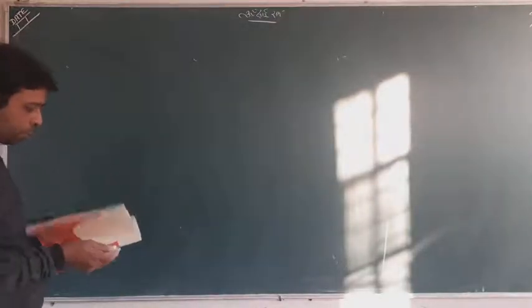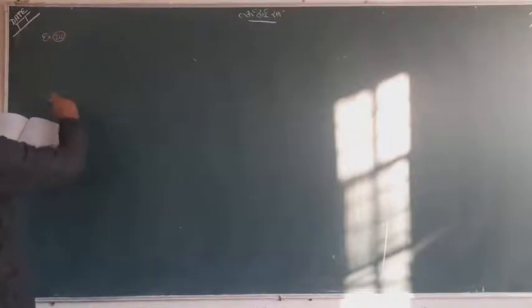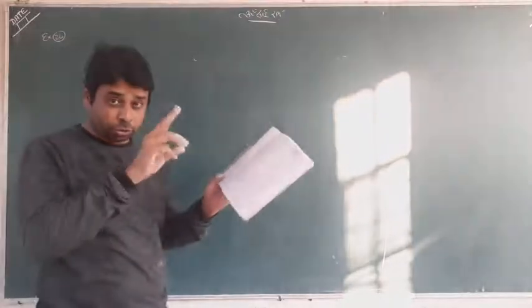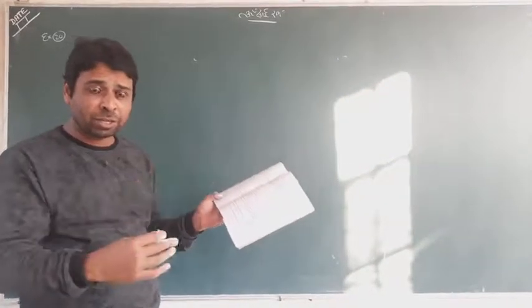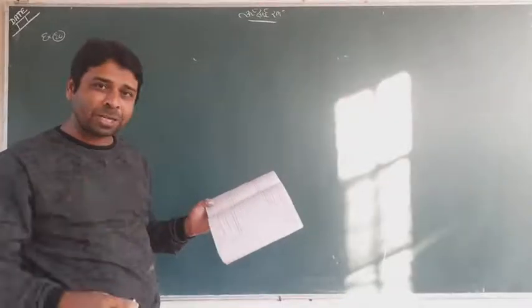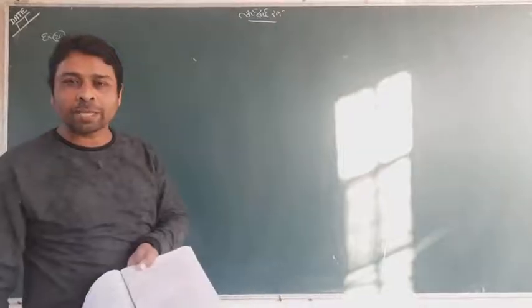Okay, now let me take one question. The question is example number 20. Find the vector equation. Try to understand and read the question. It's a vector equation, but I will change it into the Cartesian equation and solve it in the Cartesian way. Lastly, I will change my answer into the vector form.